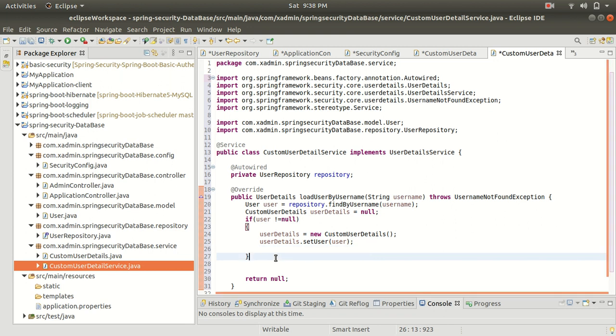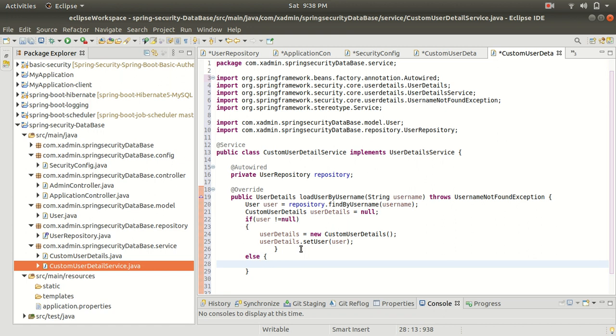And if, let's say, the user is null, then we have to write our else statement, and inside this I am going to throw an exception, like throw new username not found exception.